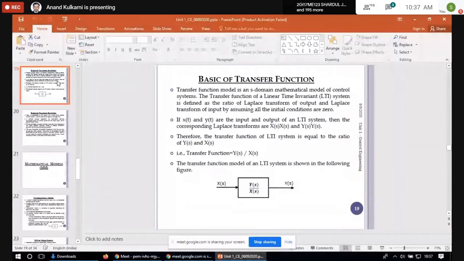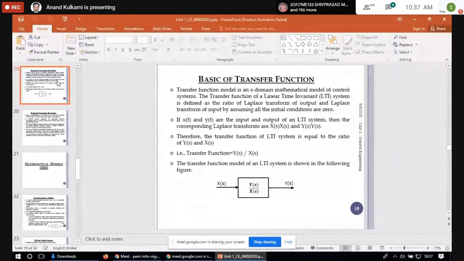So what we do in a Laplace transform is, first we take the Laplace transform of the equation, and it gets converted into an algebraic equation. Once an algebraic equation is there, if there are n variables and n equations, all the n variable values can be found out, and thereby you can solve it.